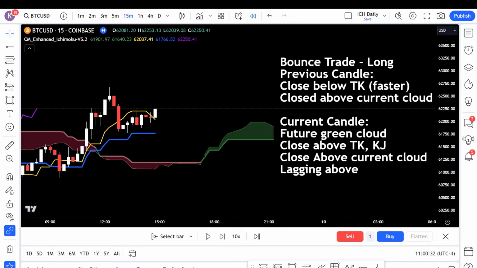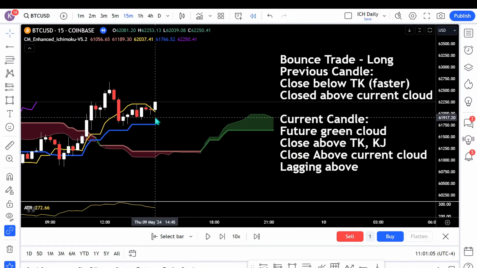Here, this would be a valid bounce trade. Previous candle closed below the yellow, but above the cloud. Future cloud is green. The current candle, let's say it just closed, so it's above both moving averages and the current cloud, and the purple lagging is above the candle. If we're going to use an ATR of 1, our stop loss would be